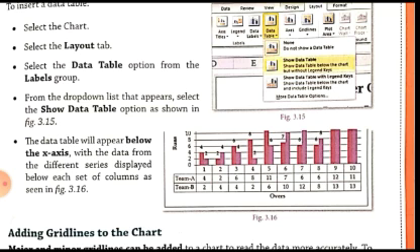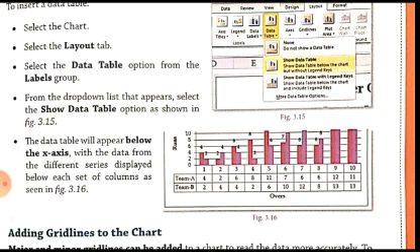When you create one chart on your own on your system and you insert the grid lines, then this topic will be more clear to you. You will understand this topic better when you create a chart on your computer and then insert the grid lines. Then you will get a clearer understanding of the topic.